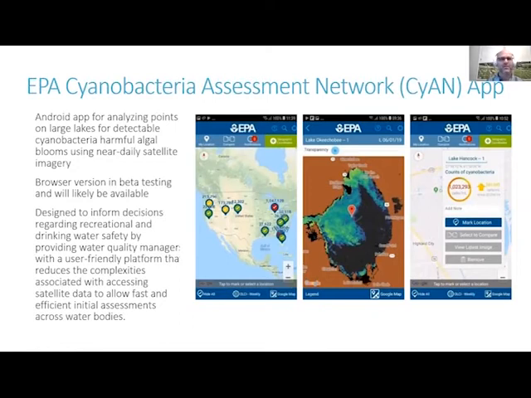They have an app. Right now it's an Android app, but they are currently developing a browser-based version that could be used on a computer desktop or through an iPhone, and that will likely be available later this year. Basically the way it works is you zoom into a lake of interest, and then you put a point on the lake. And then what it does is